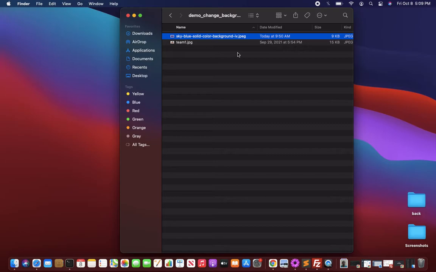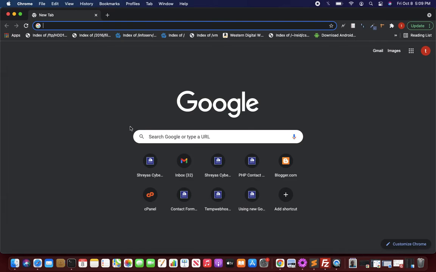Let me show you how I did this. I will copy this wording and open a Google tab, and inside the tab I go to Images. This is on the Chrome browser.